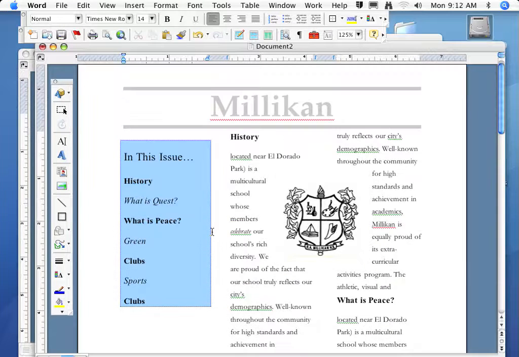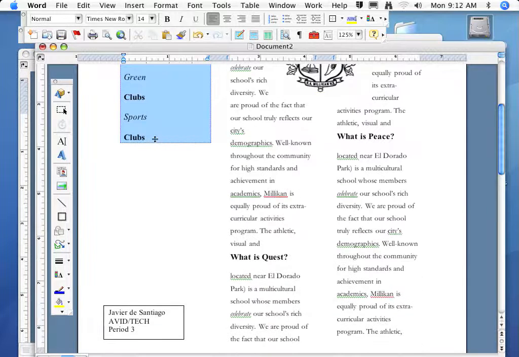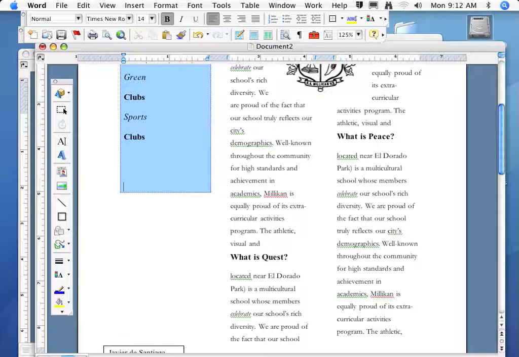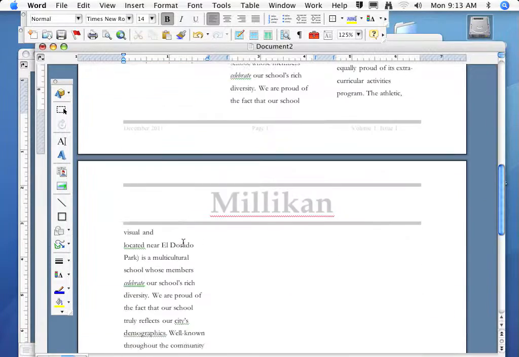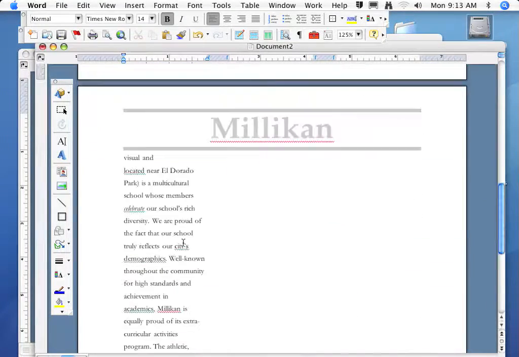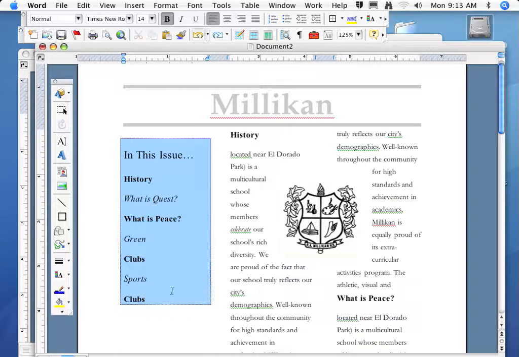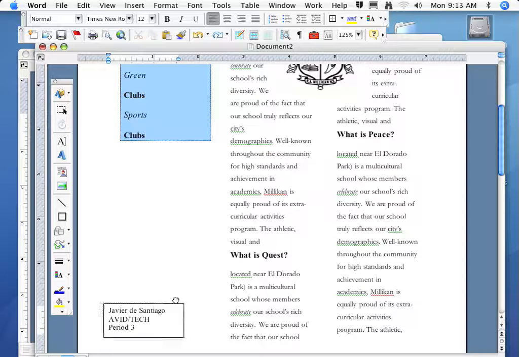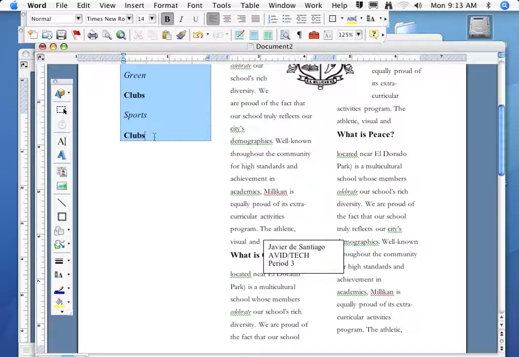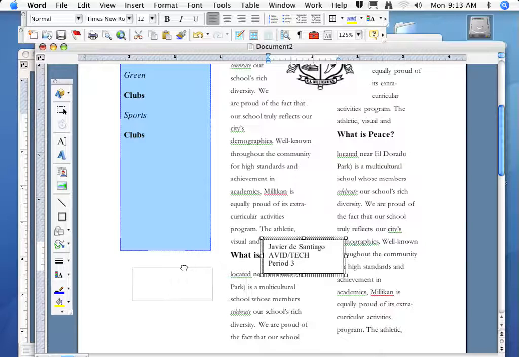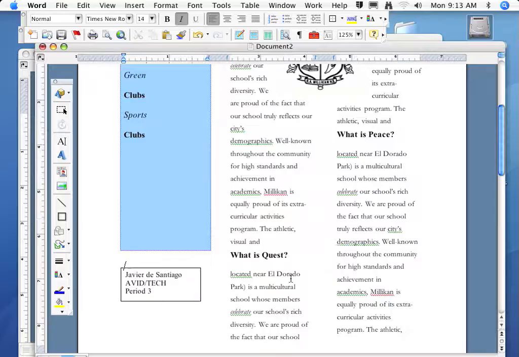So there it is. It looks pretty good. Notice that you have a lot of space here. I don't know how much space you'll have, but if you want to increase that, you can just hit enter. I'm hitting enter on my keyboard to increase the size of the column, just to give it a better balance. My text box went somewhere. I'm going to go ahead and undo until I see what my text box is. There it is. Move it over here for a little bit so it doesn't go away. Now I can go ahead and move my column and move my text box back over here. And there